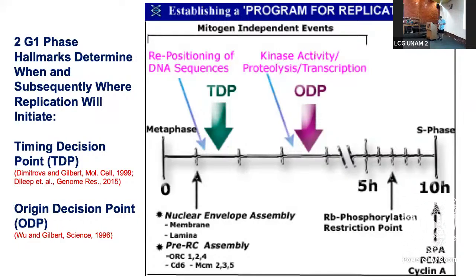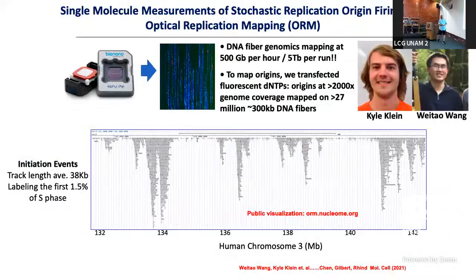So what we still adhere to is that the timing is more important than the origin, that the timing is set first, that's the more important of the two. And then where you initiate replication clearly doesn't matter, because you can initiate at random here. And we were even able to trick cells into doing this in vivo, in culture, in live cells, and initiating replication without any origin specificity. Okay, so let's talk about origins.